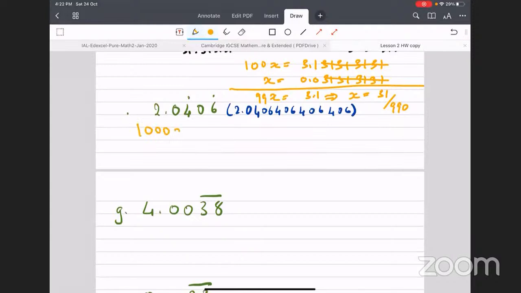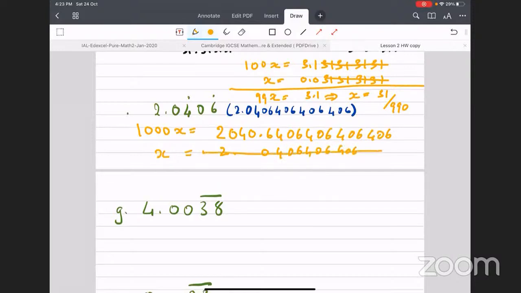So 1000x would be 20.406406406..., and x would be equal to 0.0406406... So these will cancel out. And we get